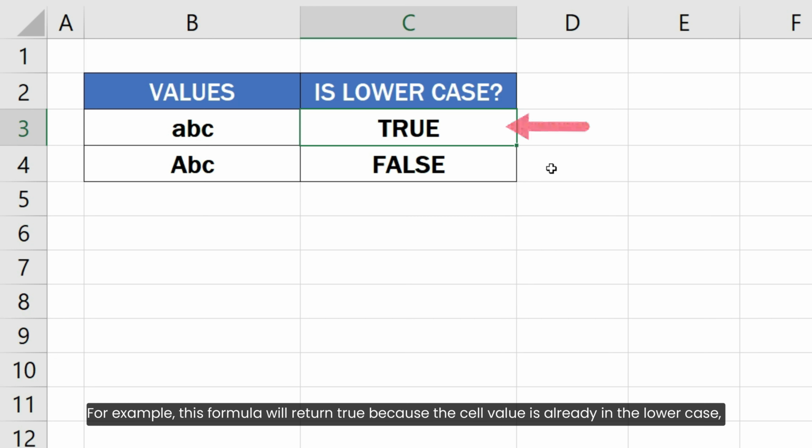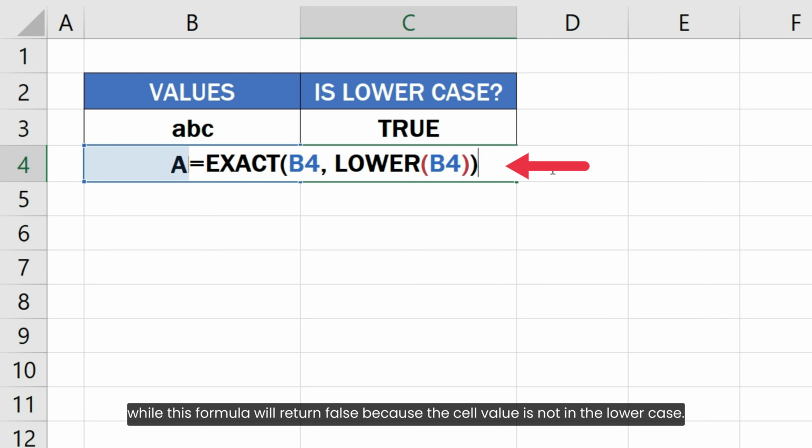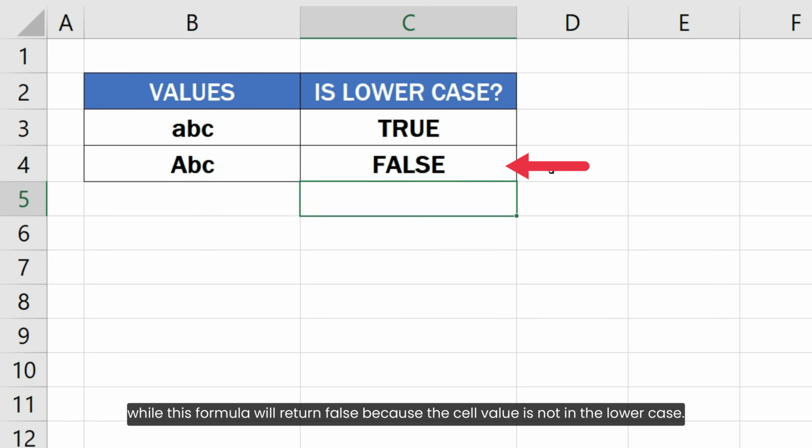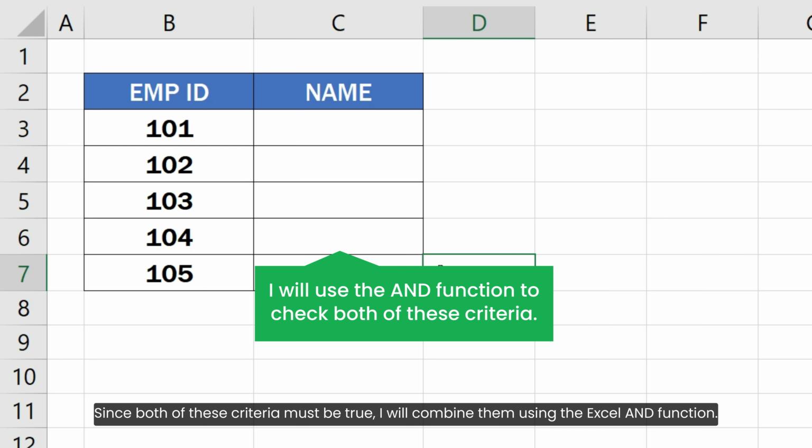For example, this formula will return true because the cell value is already in lowercase, while this formula will return false because the cell value is not in lowercase. Since both of these criteria must be true, I will combine them using the Excel AND function.